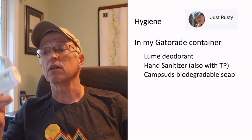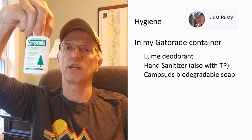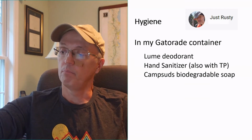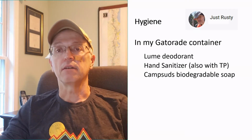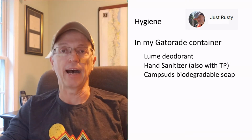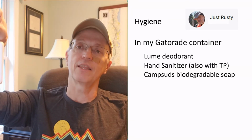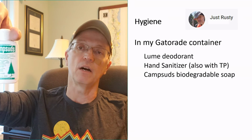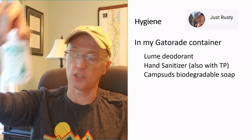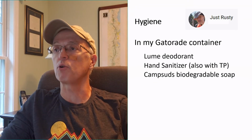Another thing I have is this Camp Suds biodegradable soap. It's very highly concentrated, and even though it's biodegradable, use it away from streams. It's also a very good item for keeping clean. I got a big bottle of it because if you buy it in bulk, it's much cheaper. So I keep refilling the smaller bottle to keep the hygiene kit full. And of course, I have a portable toothbrush,